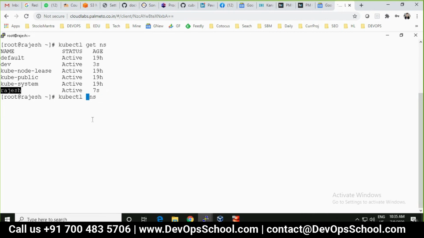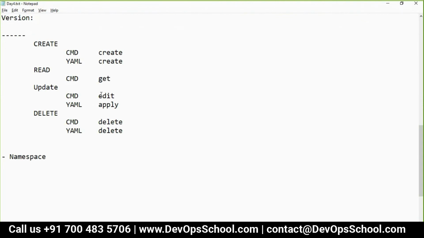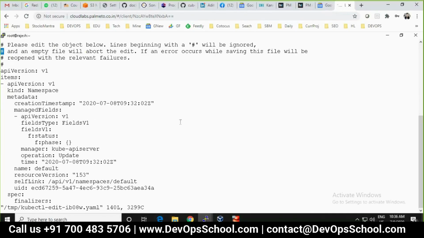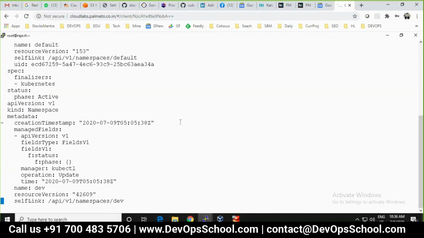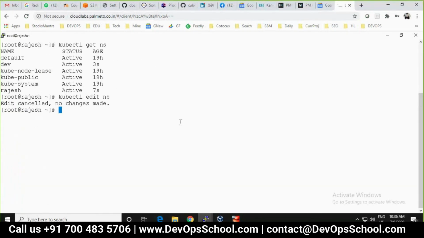Can I edit? Edit. See here, look at the table. When I edit, it's the command line; when you apply, it's YAML. Edit namespace. See here, you can say via editor, you can modify if you want. Okay. And can I get it, edit it, delete it?